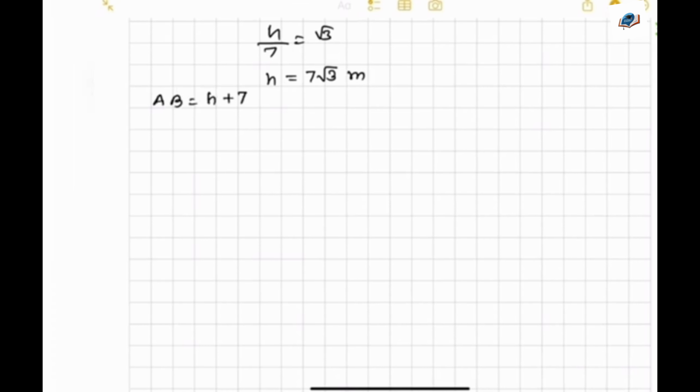Now AB equal to h plus 7, that is 7 root 3 plus 7. So that is nothing but if I take 7 common, 7 into root 3 plus 1 meter. So height of